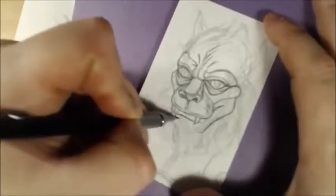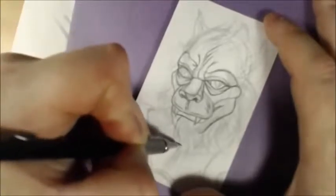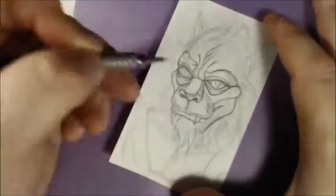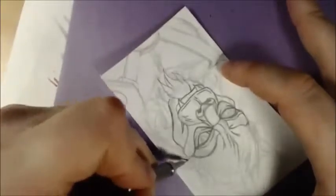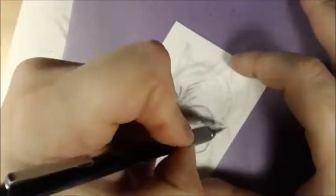Because I'm going to put this beard thing coming down. He's still covered all in fur, but I'm going to make the beard come all the way down. I just wanted to make it look different style-wise, but this will work. I just wanted to look a little different style-wise, but that's okay. So